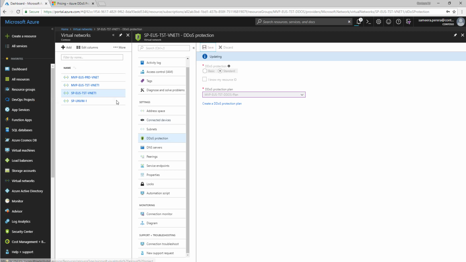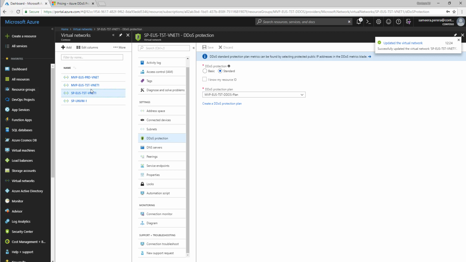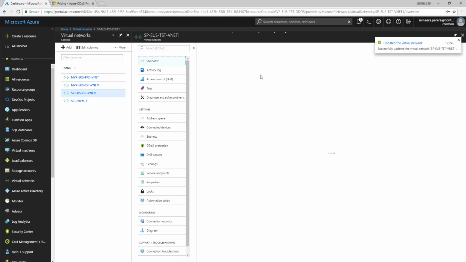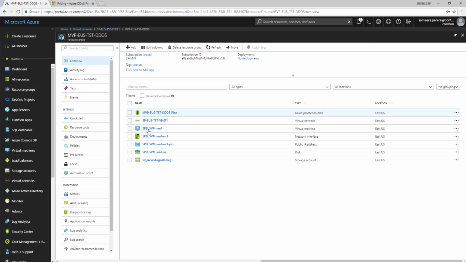So I have this virtual machine in this resource group, and it's successfully updated. So if I go back to the overview in the same resource group, then I have a public endpoint in here and a VM there. So that public endpoint address is, if I take that address, and then if I open up